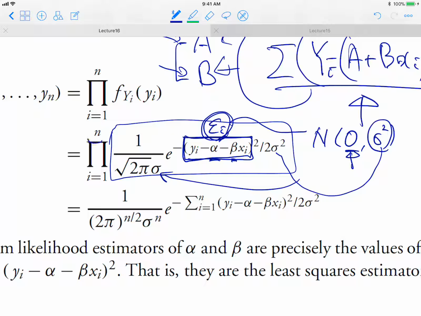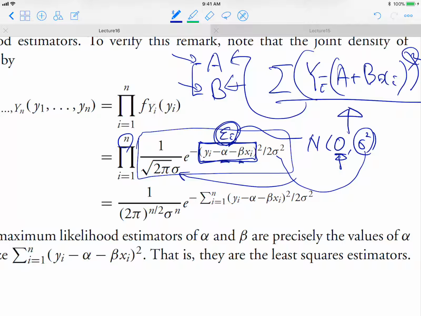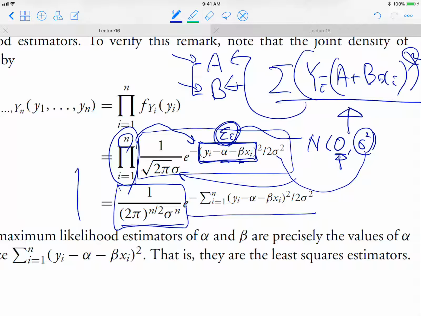And then we have in total n number of observations, and so we observe them simultaneously all together, and so the density values should be multiplied together, right? And so this product, or the multiplication, is converted into the summation inside of this exponent, and so it can be represented in this form, right? Okay, so this part is just a constant, and so we want to maximize this value, and that's how we obtain this alpha and beta